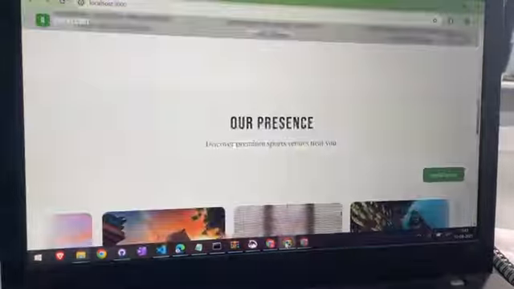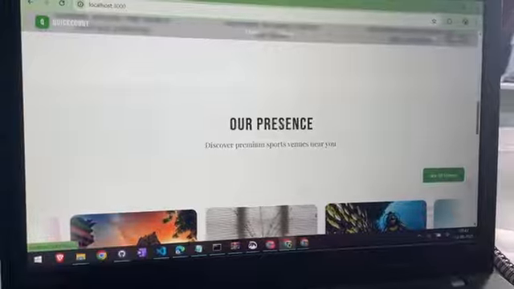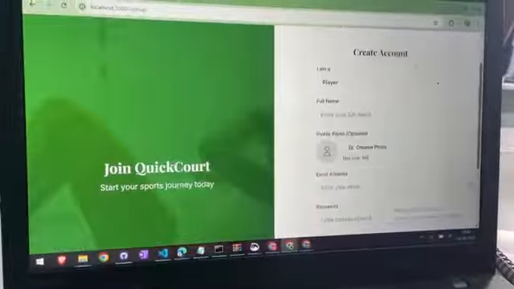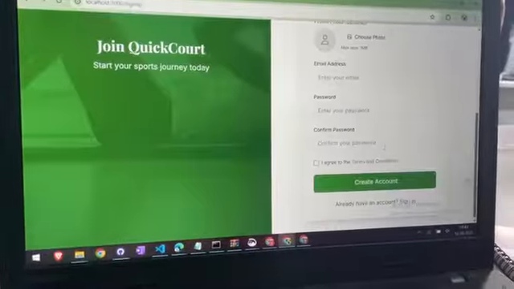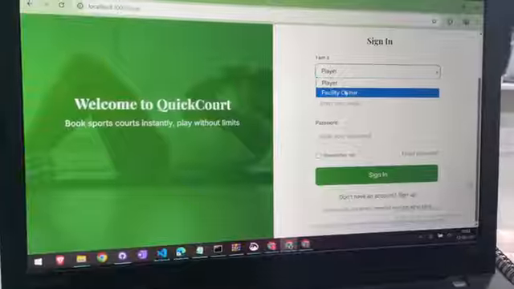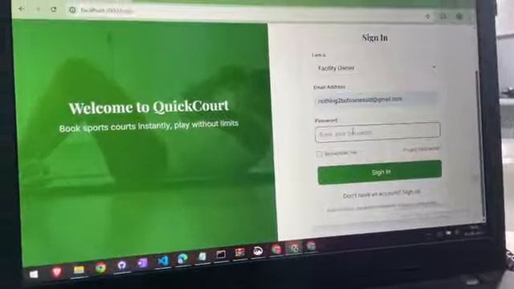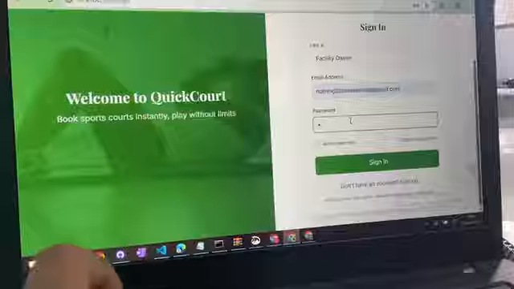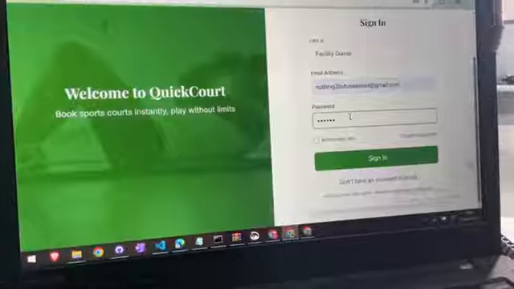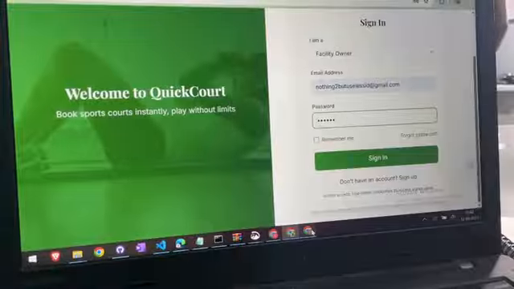Now I'll show you the second functionality, which is the facility owner. I'll log in; that account has already been created. This email ID is registered as the facility owner. Also, I'll show you one more thing.